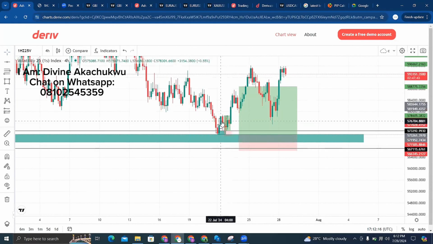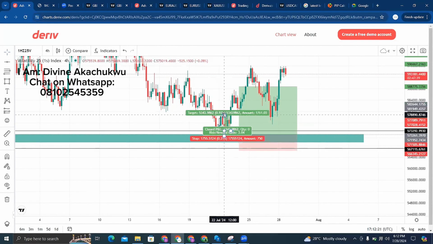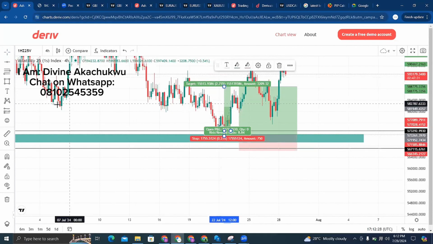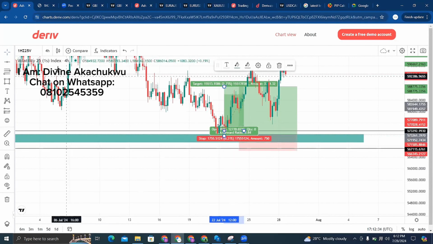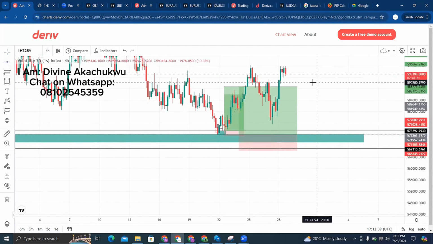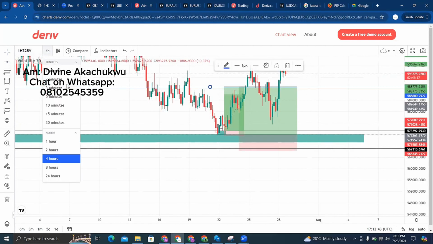And with our confirmation on 30 minutes, you can see where it is. So you can decide to target the same high of your 4 hours after using confirmation on the 30 minutes. And you see how, let me mark this 4 hour. This is our take profit region for our 4 hours. So if I go back to 30 minutes now,